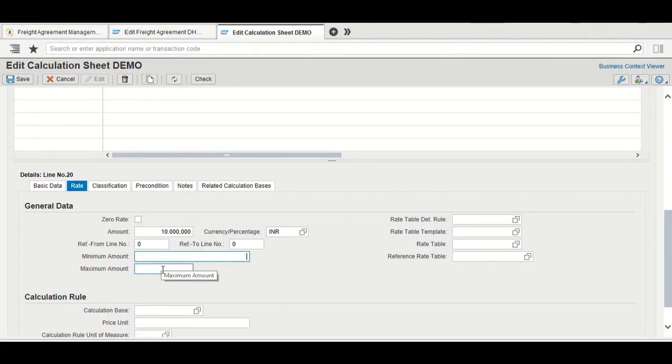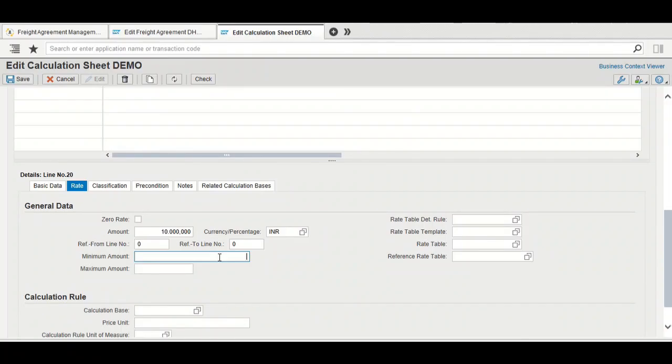So there can be some rules like, let's say if some cancellation is happening, for cancellation the minimum amount is 5,000, but if the vehicle has traveled some certain kilometers, then let's say the minimum amount is 5,000, and if the vehicle has traveled some kilometers, per kilometer 50 rupees is another rule. So when we calculate this charge,